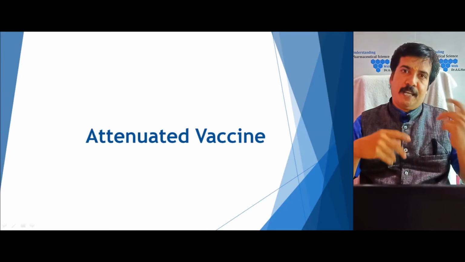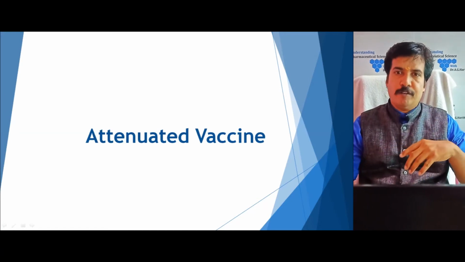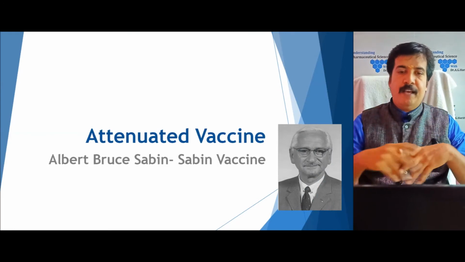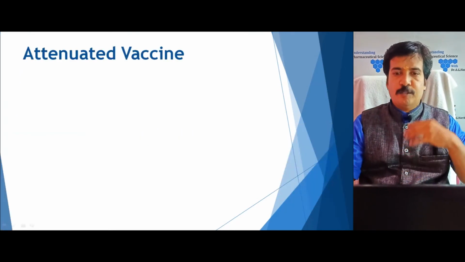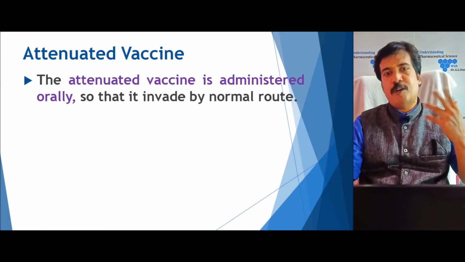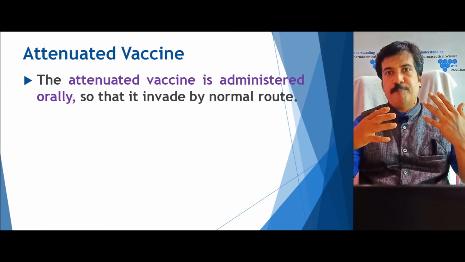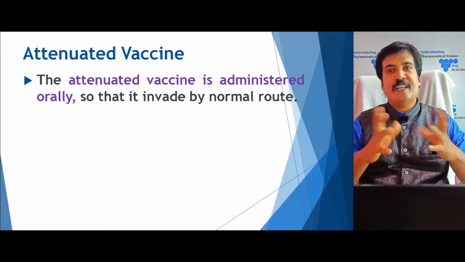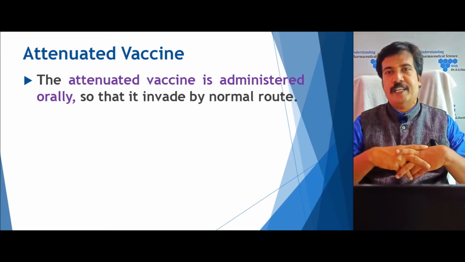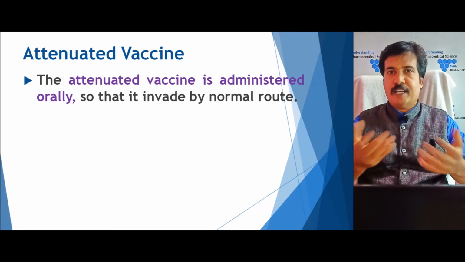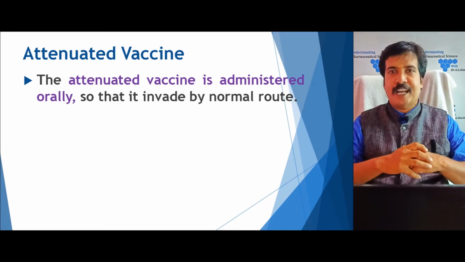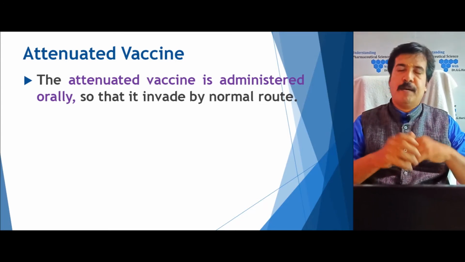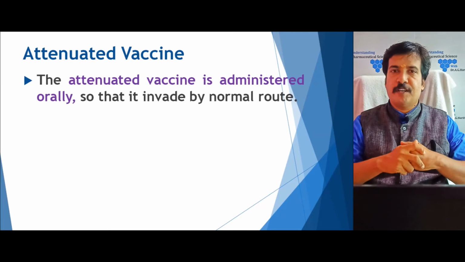So the second type is called the attenuated polio vaccine. It is also called the Sabin vaccine because it was developed by Albert Bruce Sabin. This attenuated vaccine works more or less similar to the infection process. The attenuated vaccine is administered orally in drops. That's why we currently administer mostly the attenuated vaccine to children. We give 2 drops. What happens is that by the oral route, which is the most preferred route,